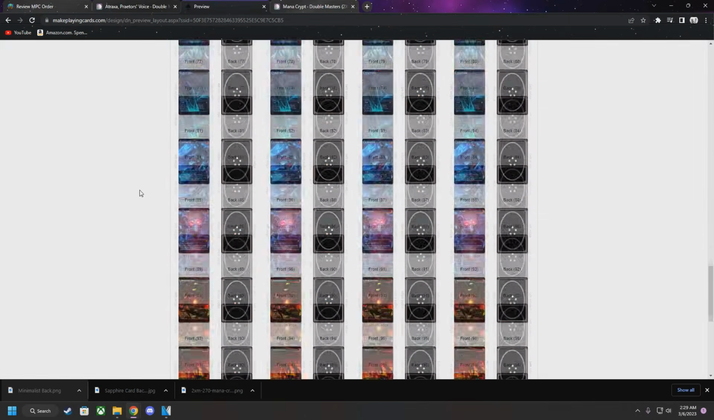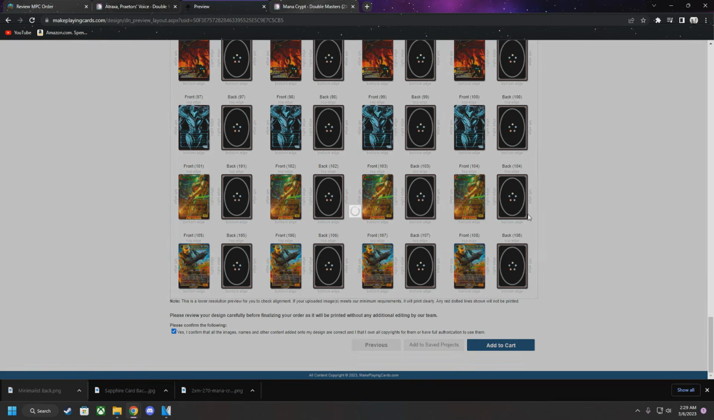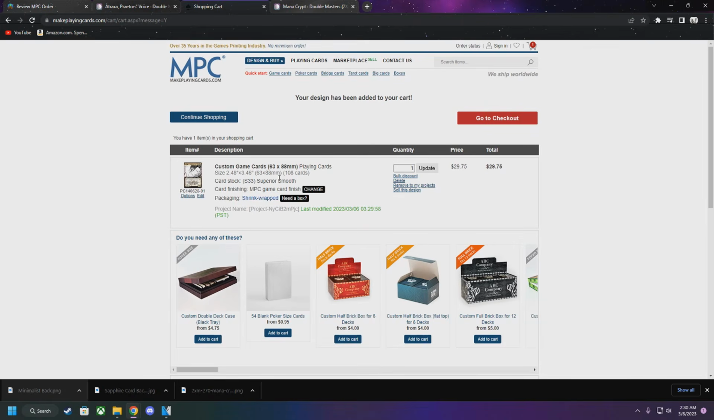Alright, make sure everything looks good. Then at the bottom, it says confirm all images, names, and other content are correct and own copyright or have authorization to use them. Then add to cart. Okay, and then right here is where you can see